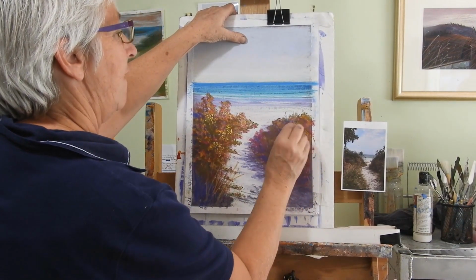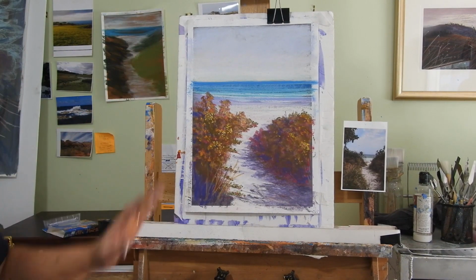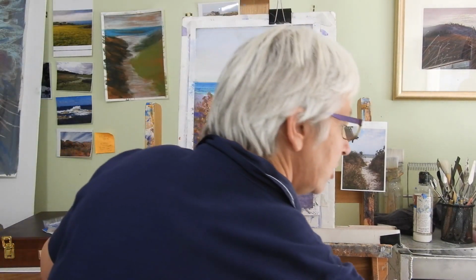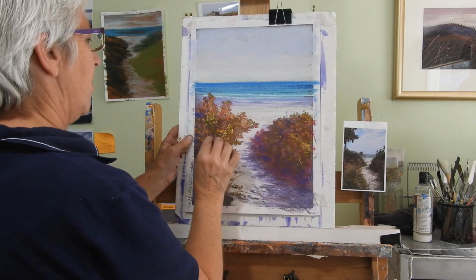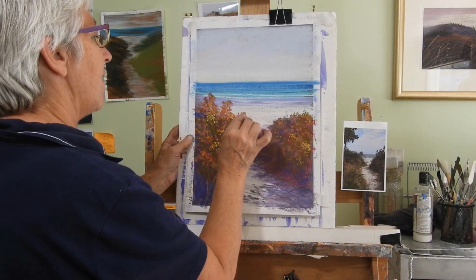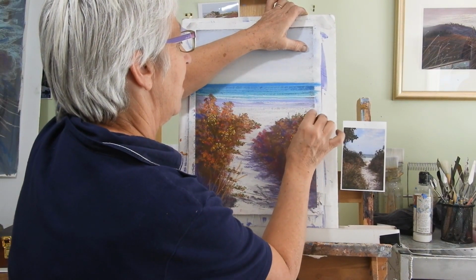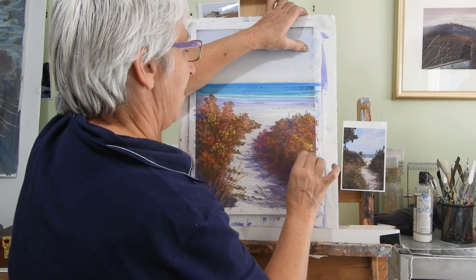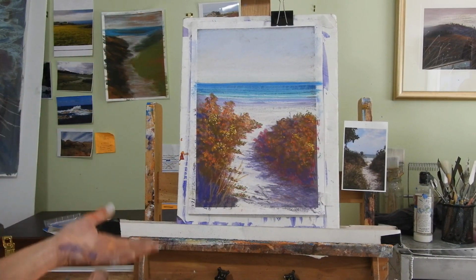Darker over this side. And it's starting to come to life there. With the oranges, I'll be going in with some darker oranges. Building up the colours, so it's a really lovely, colourful, vibrant sort of